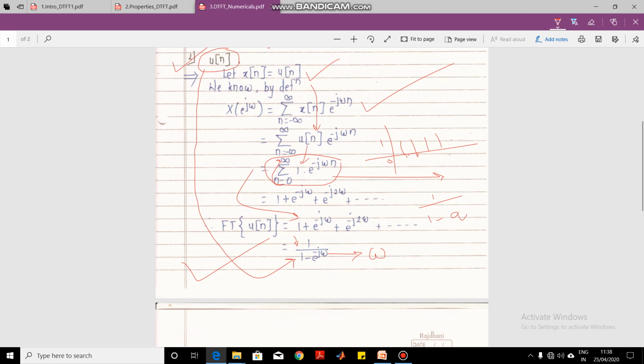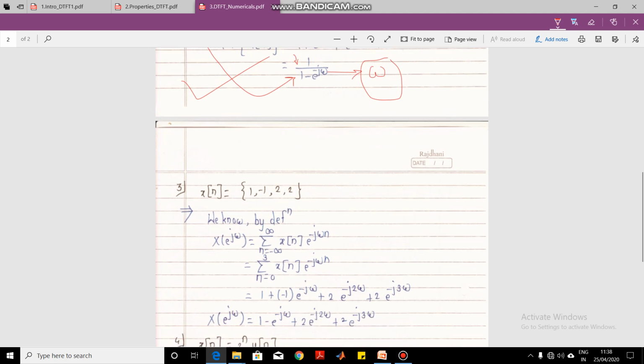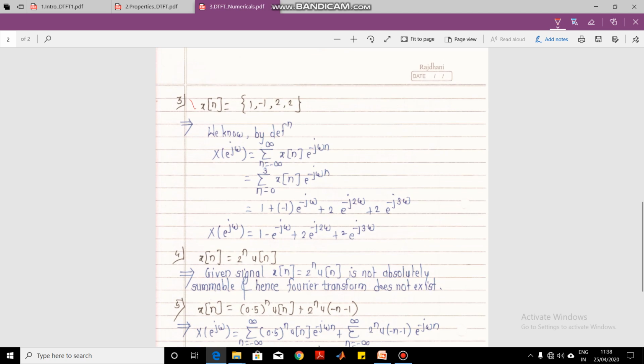Why is it called discrete time Fourier transform? It is called so because it is transforming discrete time signals. So the name discrete time has just come from discrete time signals, but the frequency domain representation of the discrete time Fourier transform is continuous because the omega variable is continuous. It is not discrete.